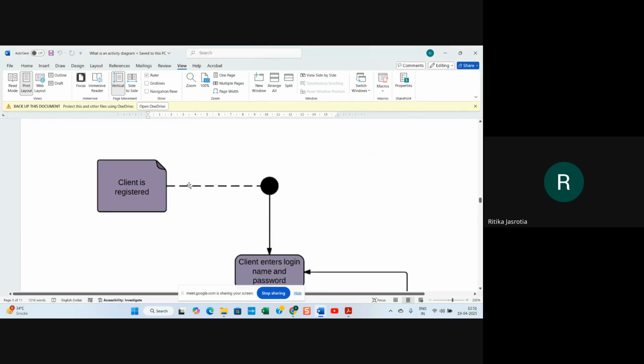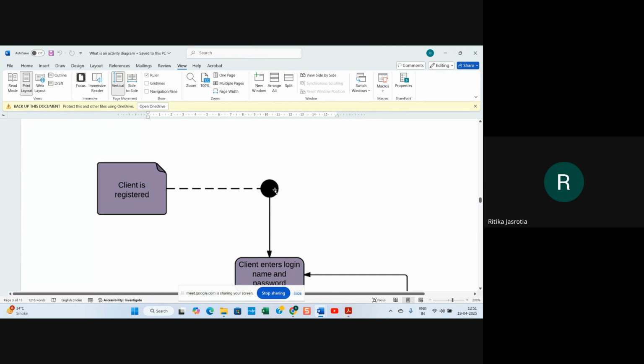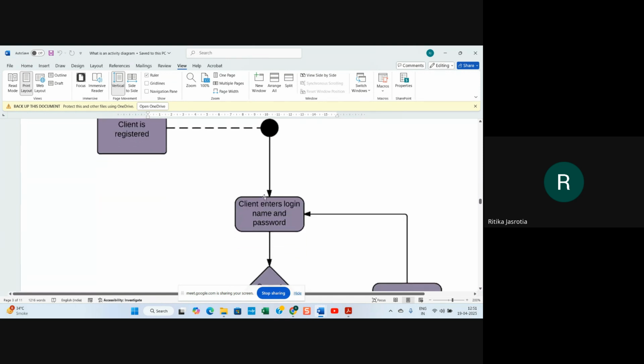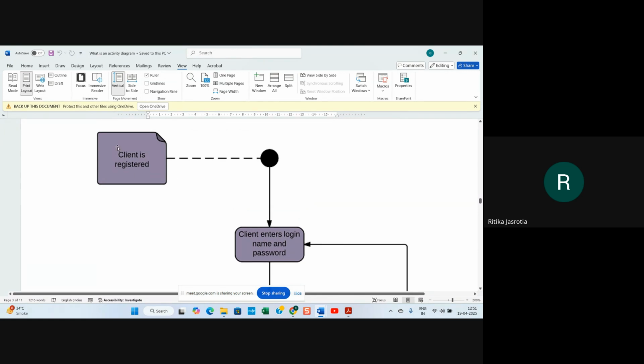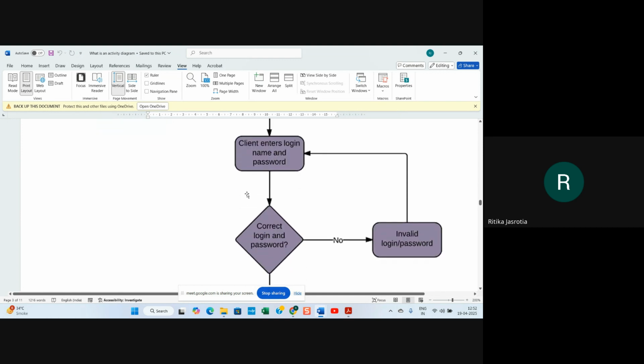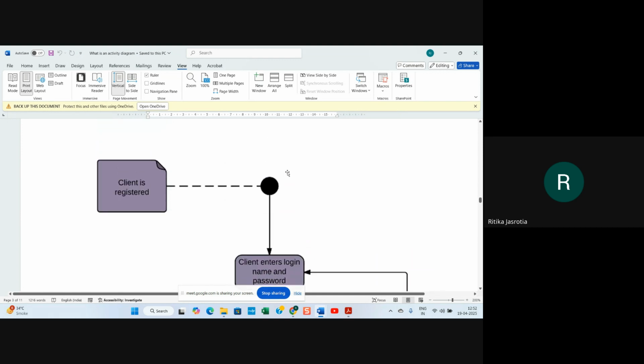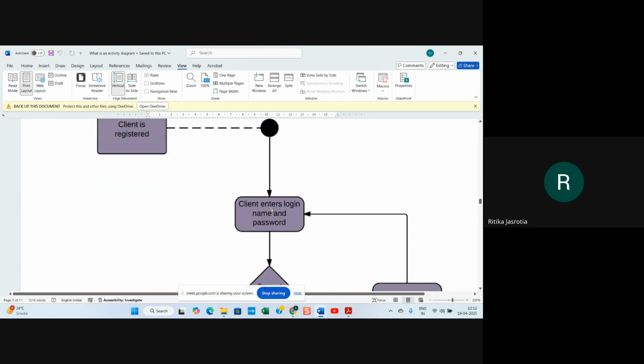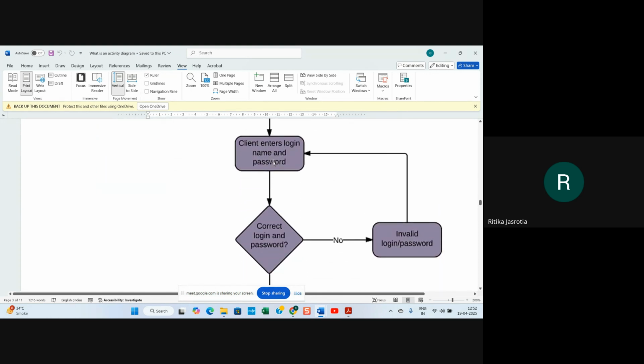So client, this is the starting point. This is your start. Then first, client enters login name and password if the client is registered. This is a comment they have given. This is the first activity after the start activity.